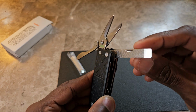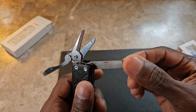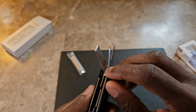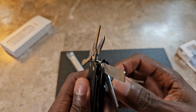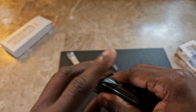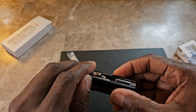Here you have your file, and I guess you could use it also as a flathead screwdriver. So those are all the tools on this side, plus the knife. Not bad at all. I think the most impressive part here is obviously the scissors. And then on this side, we have,